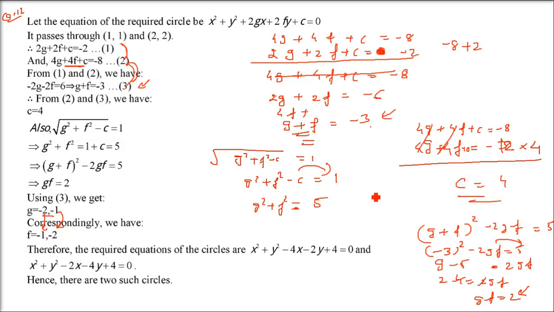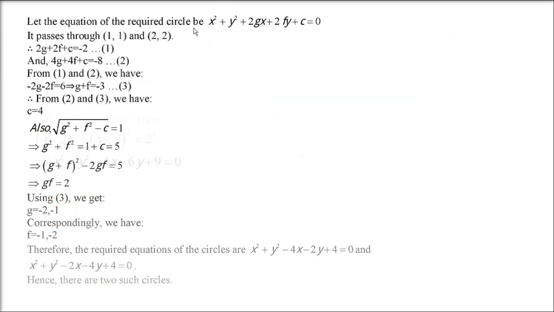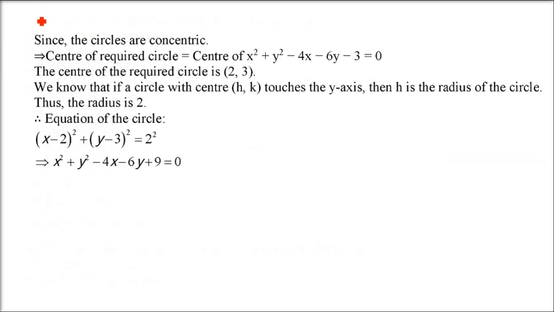So there will be two equations. That is why the question is also saying that you are going to get two equations. So one time you put minus 2, minus 1, the other time you put minus 1 and minus 2. So these are the two equations. The only thing is you have to solve the equation in linear equations like this.